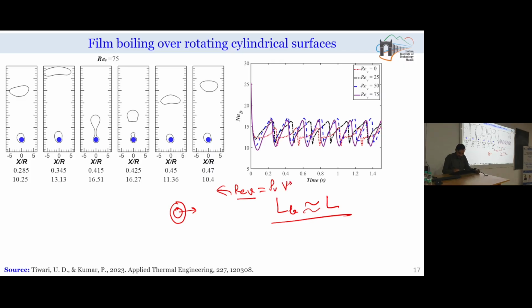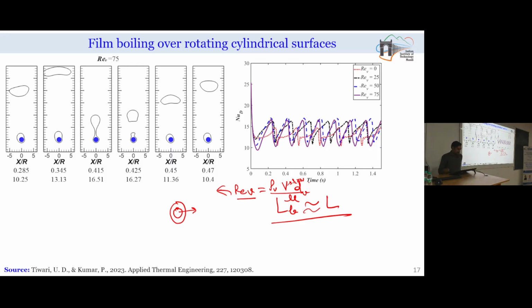This velocity is basically r into omega, where r is the radius of the heater surface and omega is the angular velocity, and then the length scale will be the diameter of the heater surface divided by the viscosity of the vapor. So, if we define the Reynolds number this way and give some counterclockwise rotation, we are trying to study what effect it will produce on the